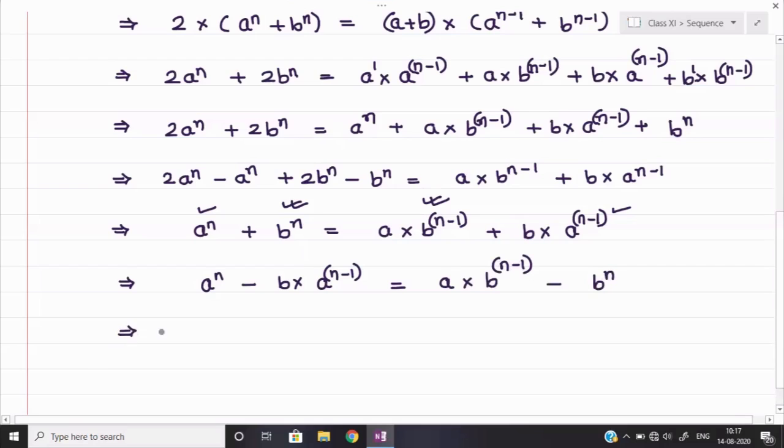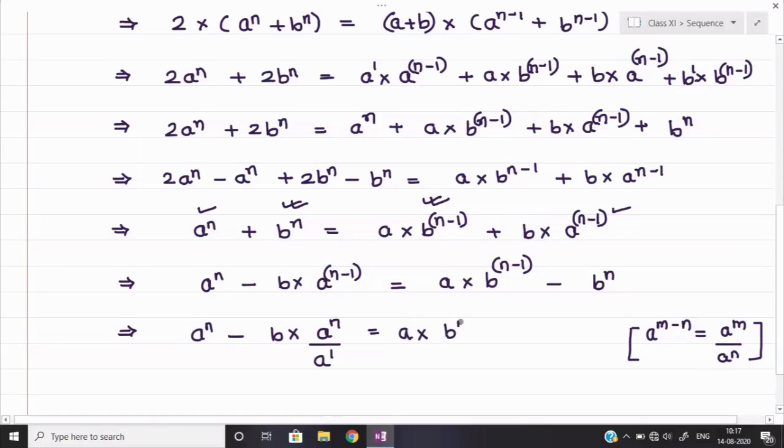Now see what I will do here. a to the power n will be as it is. b into a to the power n minus 1, I can write as a to the power n upon a to the power 1. I hope you know this formula very well. The formula we have covered in the lower classes: a to the power m minus n is equal to a to the power m upon a to the power n. This formula I have utilized here. Normally we use it as a to the power m upon a to the power n, but here I used it in the opposite manner. Similarly, I will apply it on the right hand side also.